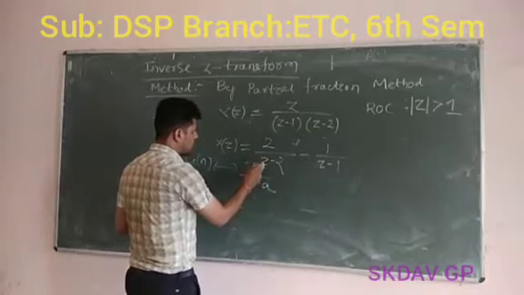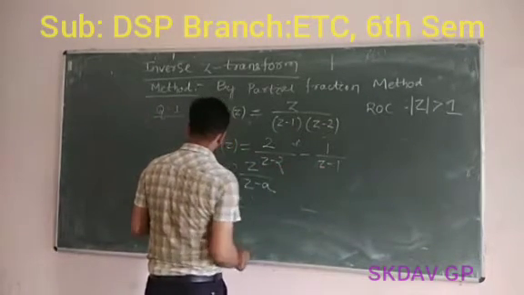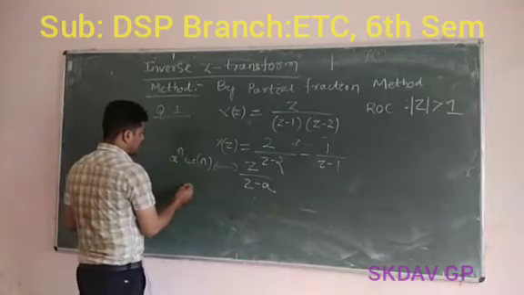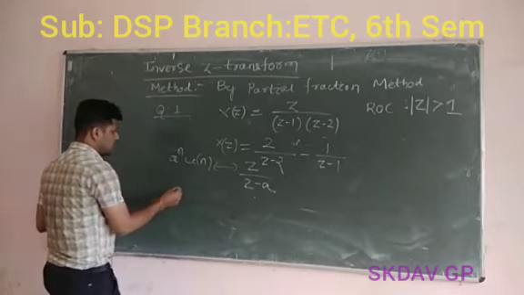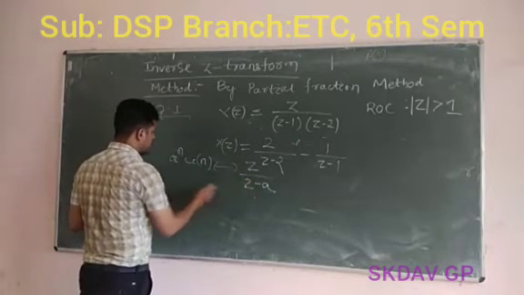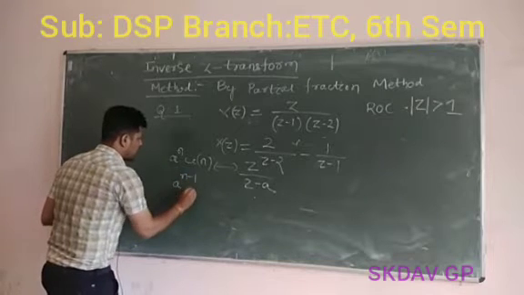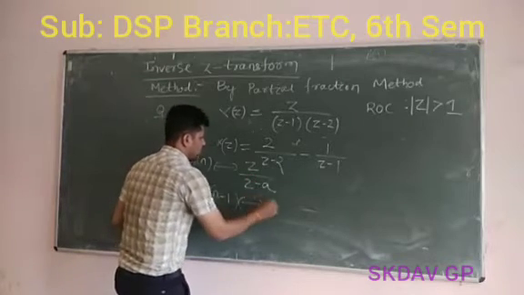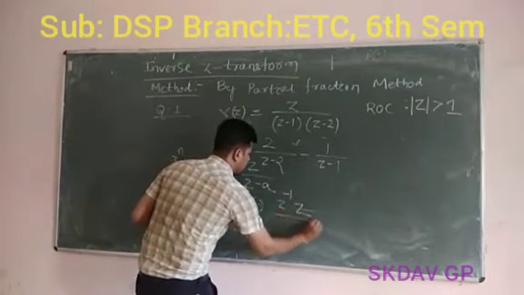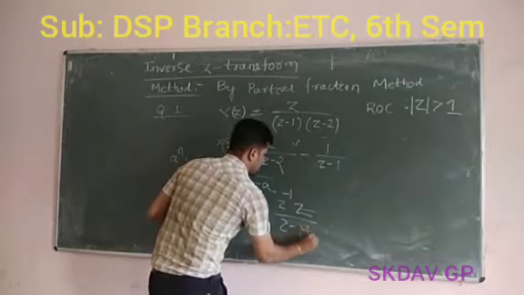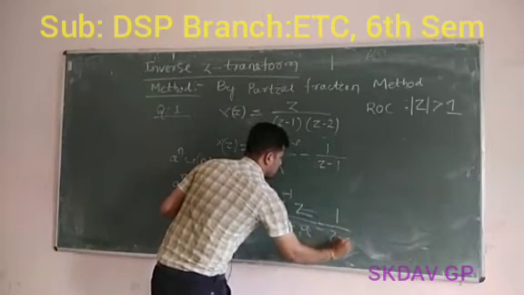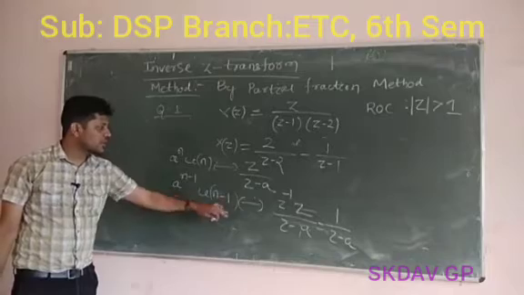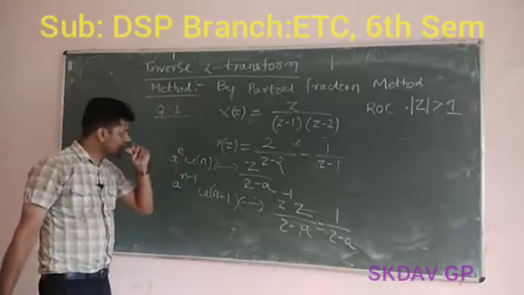Let's take 2 by (z minus 2) minus 1 by (z minus 1). In this case, if I apply the time shifting property, that is if this is equal to z by (z minus a), that means if a to the power n u(n) is given, hence we need to multiply by z inverse into z by (z minus a), which is nothing but 1 by (z minus a). So for 1 by (z minus a), the transformation is a to the power (n minus 1) u of (n minus 1). So by putting this in equation 2,